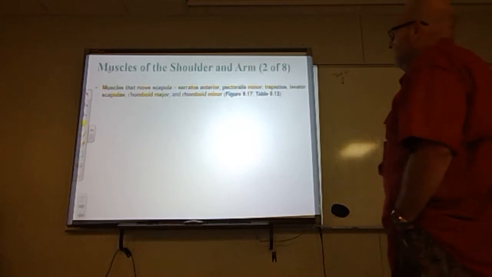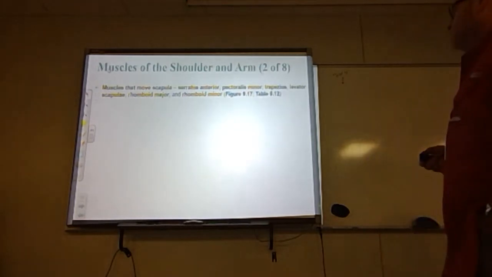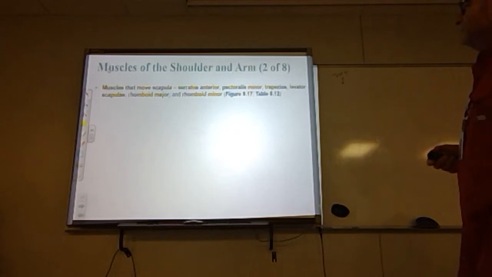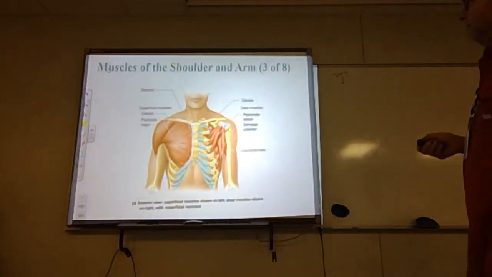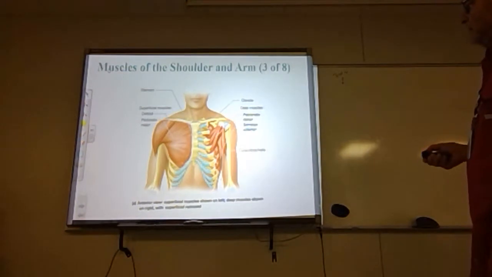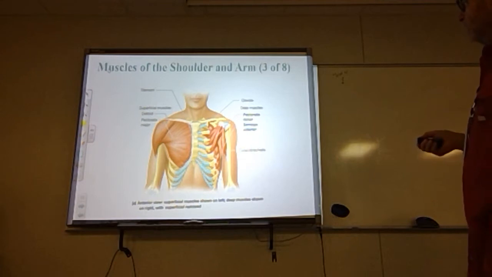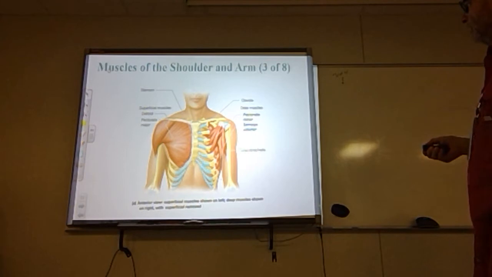Muscles that move the scapula are the serratus anterior, the pectoralis minor, the trapezius muscle, the levator scapulae, the rhomboid major, and the rhomboid minor. And here those are, there's the pectoralis major. You may have heard bodybuilders refer to their pecs, that's the muscles of the chest. There's the deltoid muscle, both of those attached on the clavicle. You have the pectoralis minor, the serratus anterior, all of those coming in and attaching to the acromion process of